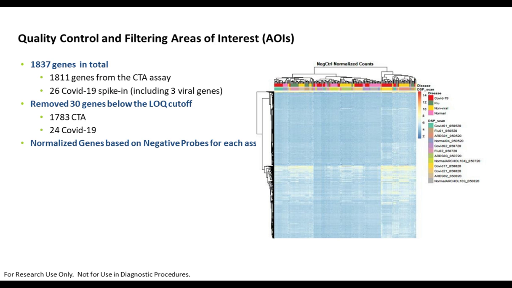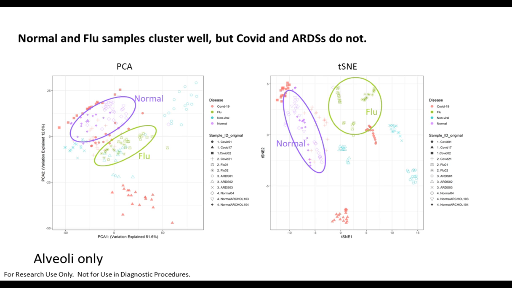Obviously, we don't have to go into the specific genes going across here, but you can get an idea that there's a variety of genes that were pulled out from this array, including the spike-in genes from the specific COVID genes. Even with some of the genes that were removed by the lower quality cutoffs, we still had a lot of genes that were able to be assessed across all these different samples. And so if we now start digging more into the data that we're seeing here,